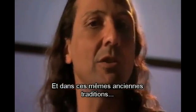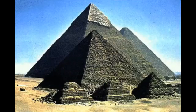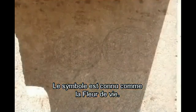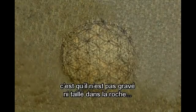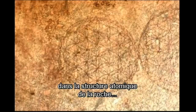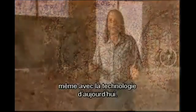And in these same ancient traditions, we find very interesting buildings. In this case, we find a very important symbol. The symbol is known as the flower of life. What's intriguing about this symbol is that it's not etched or carved into the rock, but it seems to be laser burned into the atomic structure of the stone with an instrument that is not easily reproducible even with our